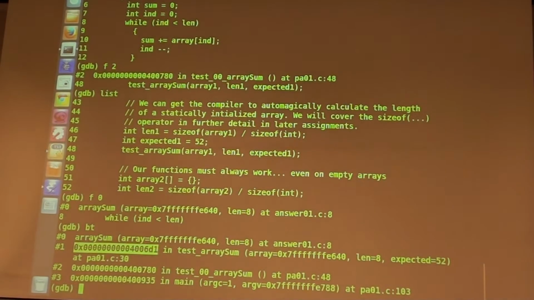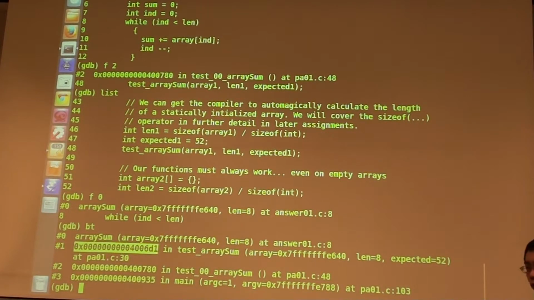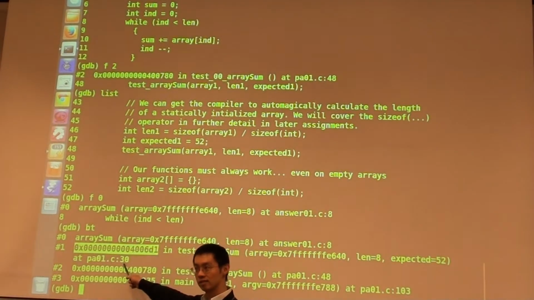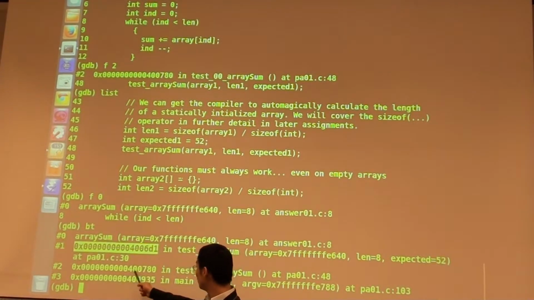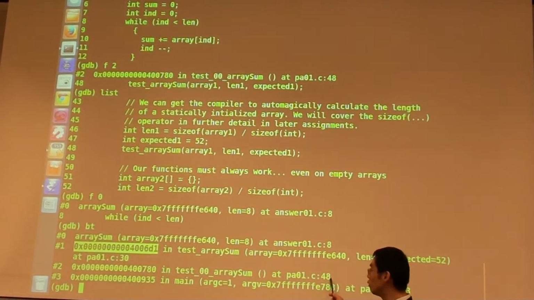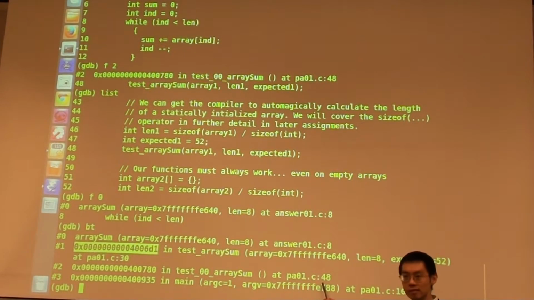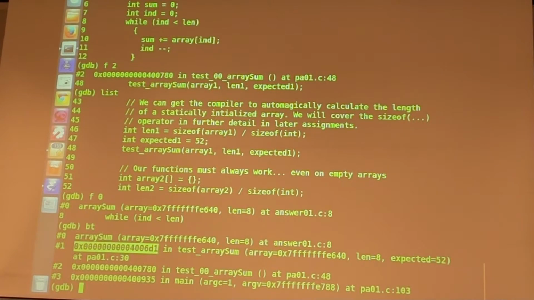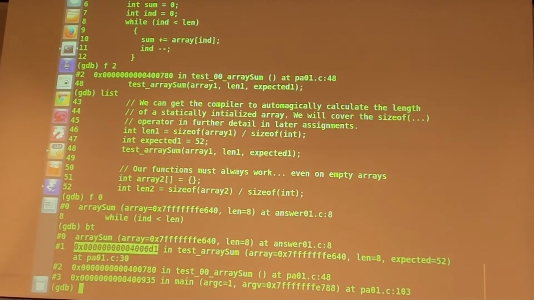Every line in your program has a number given when the program is running. That number can change. Very likely it will change if you run the program again. But this number corresponds to line 30, and this number corresponds to line 48. That means start the program